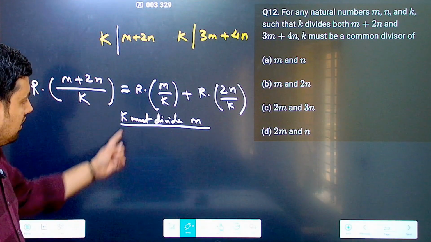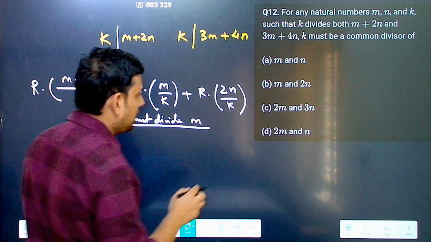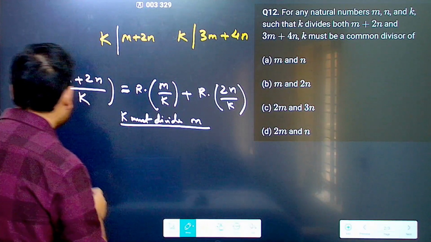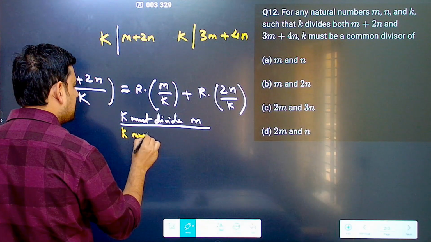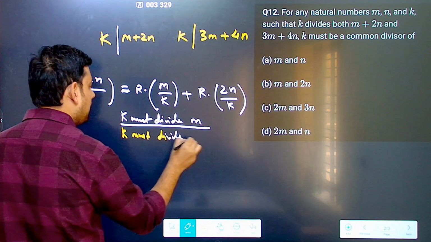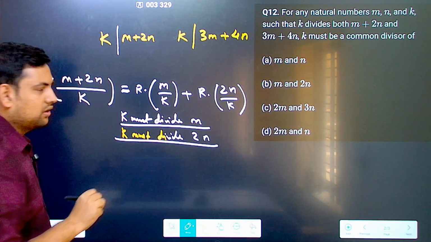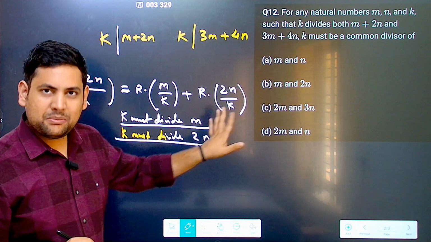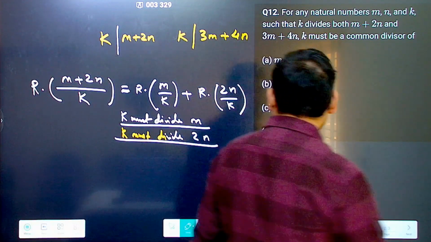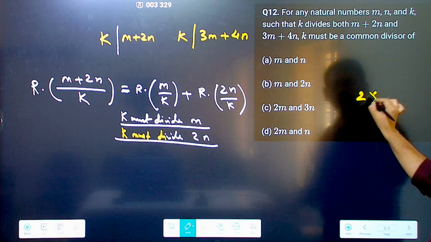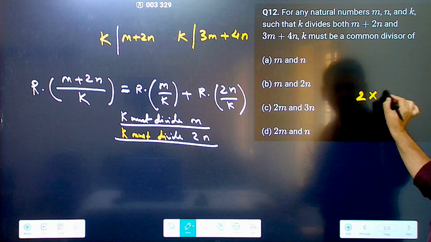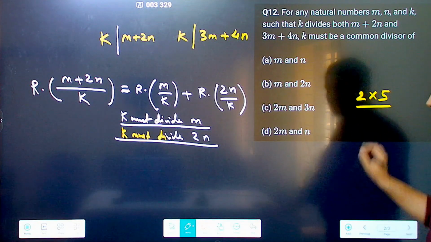Correct? Now this you got, k must divide m. Correct? Now next thing, from here what you can say, that k must divide 2n also. Why I'm not saying n? Because maybe it is like this, that this 2n is actually equal to 2 into let's say 5 and k